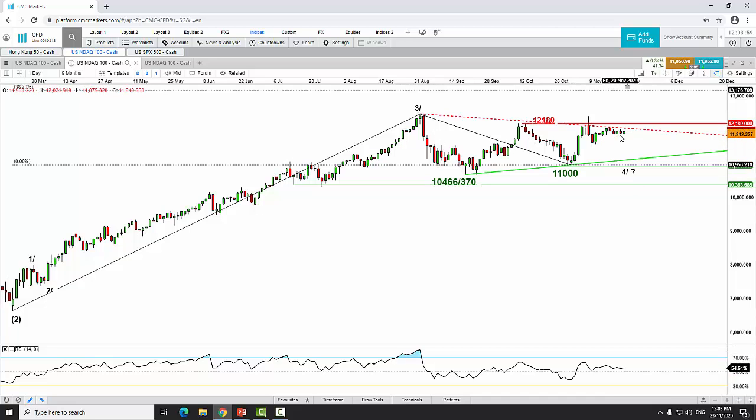The last 2 weeks of price action have been kept below this 12,180 level, which corresponds to the upper boundary of this symmetrical triangle range resistance, as well as the range top of the swing highs of 13 October and 9th of